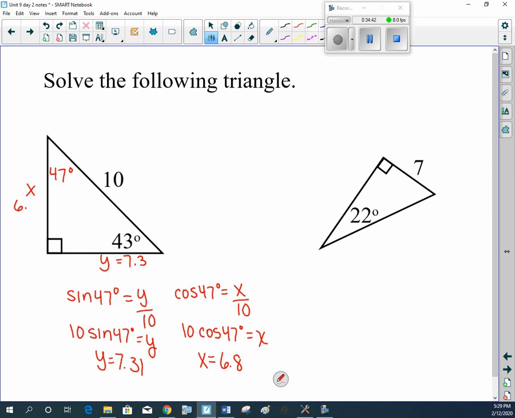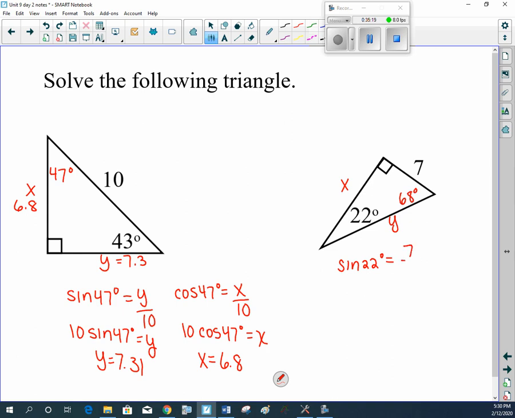So over here, same thing. We know this acute angle is 22, so it'll be easy to find its complement. 90 minus 22 is 68. So we've got 68 degrees right here. I need to find these two missing sides, so it doesn't matter what I label them. I'll just call them x and y. I think I'll stand at 22. So if I do the sine of 22 degrees equals the opposite side over the hypotenuse,